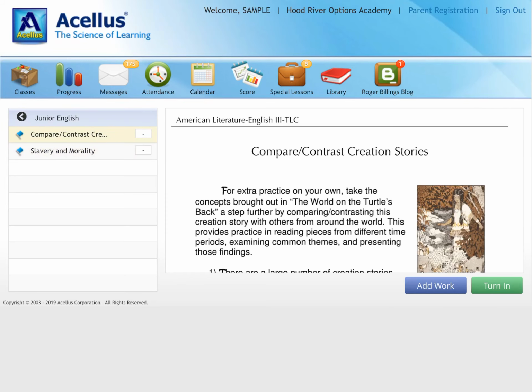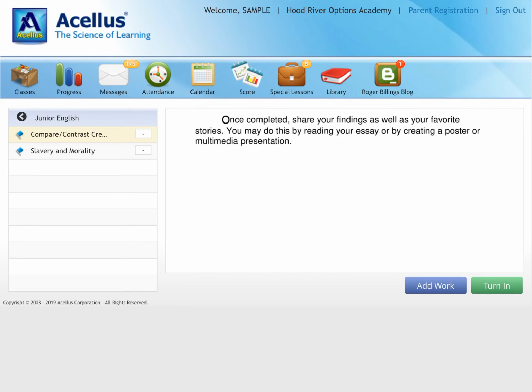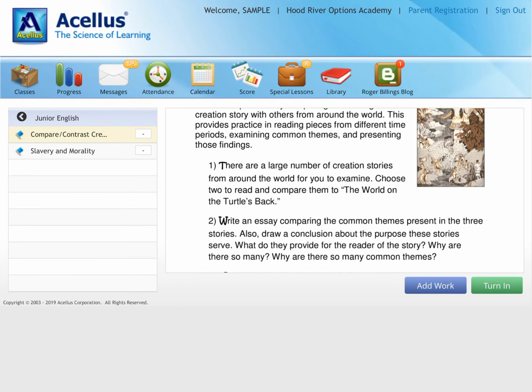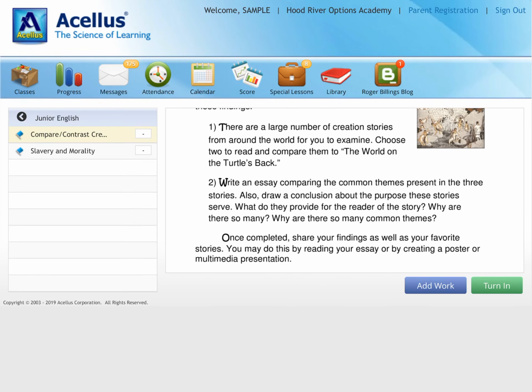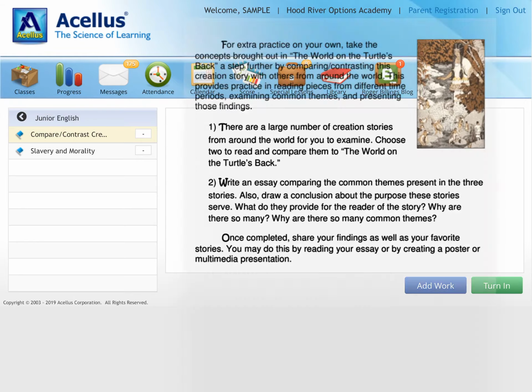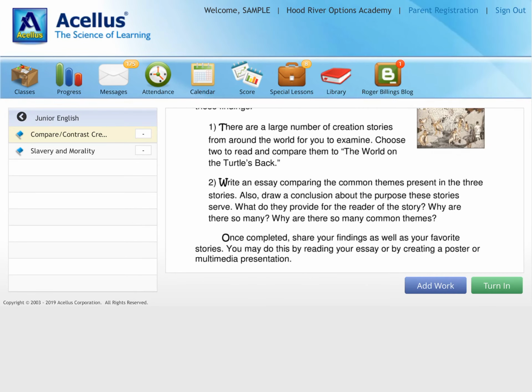You read all the information and what the application is for the special lesson. In this case, there are creation stories, and we are going to write an essay comparing the common themes present in the three stories. Okay, so I have read this, and I can start writing it on a piece of paper, or I can